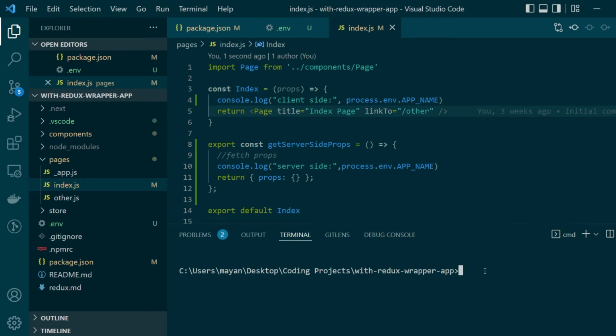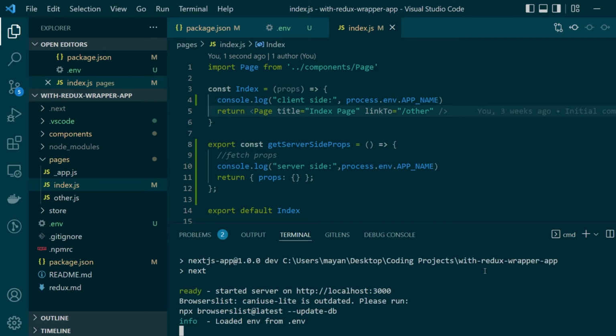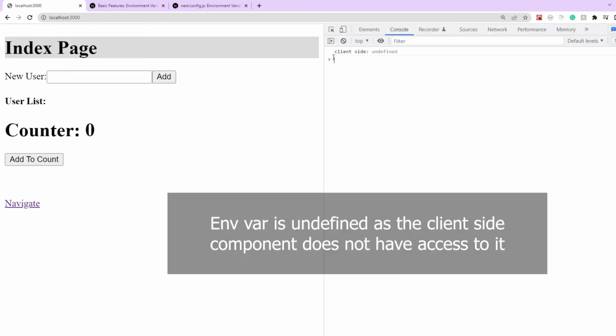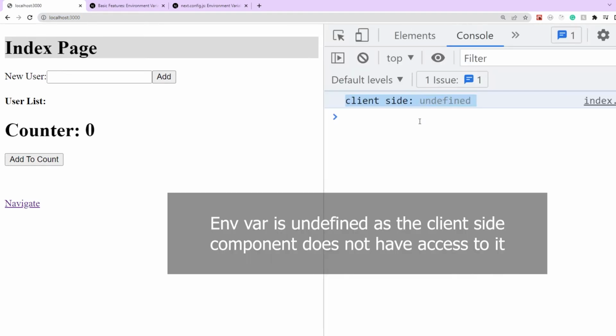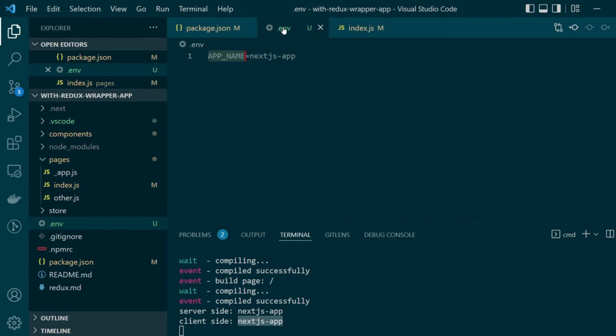Now let's save everything, start our development server using npm run dev, and we'll be checking if we are able to see the particular logs. So if we go to the browser, try to access our index page, you'll see that the client side environment variable is undefined, but at the same time, on the server side, it's clearly defined. So in the server logs, you're able to see the value as Next.js app, which we have set in our